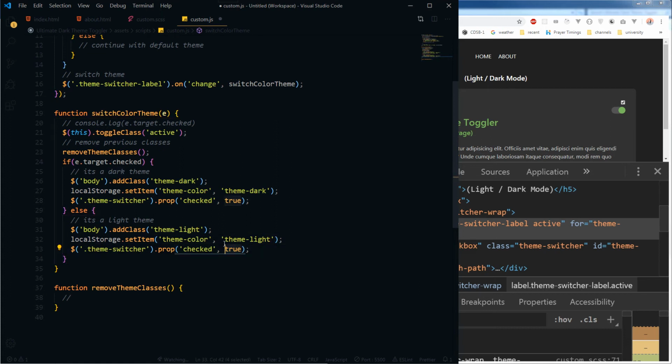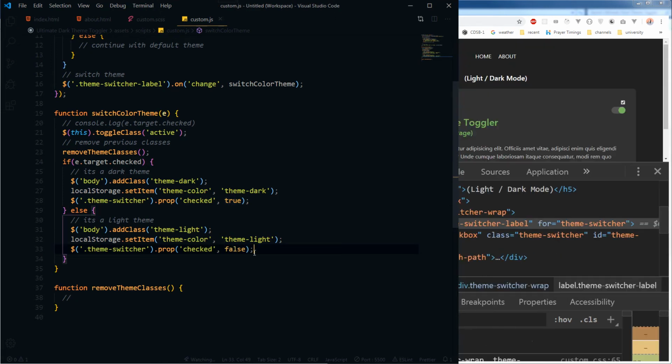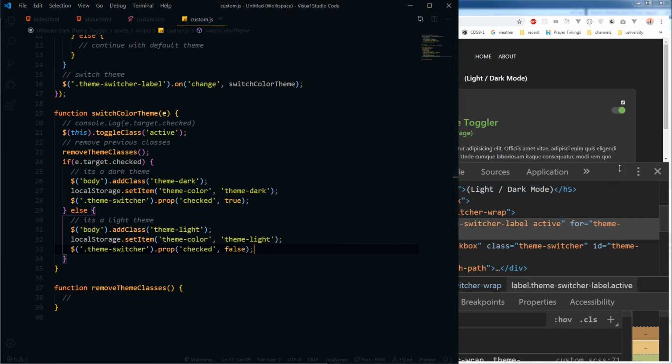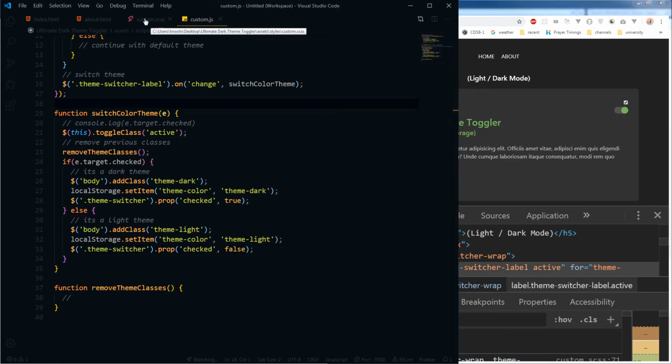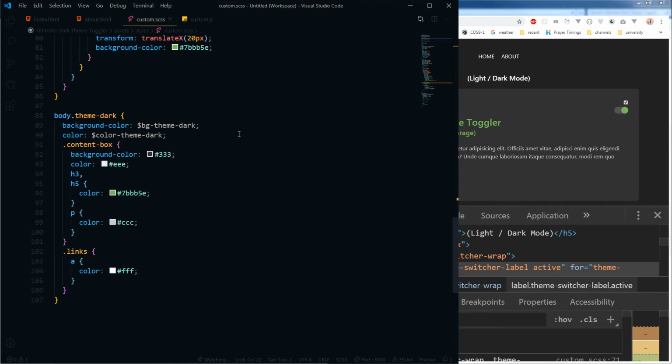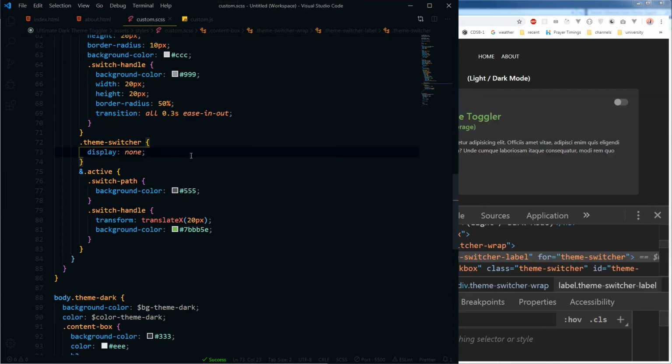It will not be checked anymore. So now we do not need this checkbox, so let's hide it. Okay,